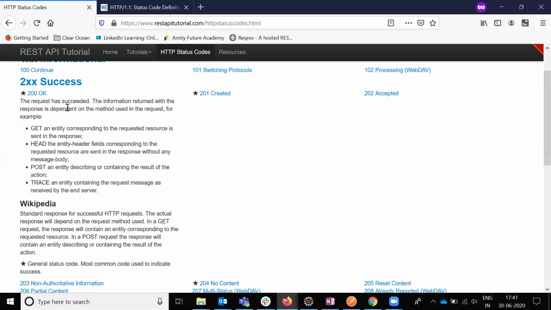If the response succeeded, meaning it is able to get the information or insert the record successfully, then we get the success message 200. Otherwise we will get 400 or some different error message based on your payload or GET issue.